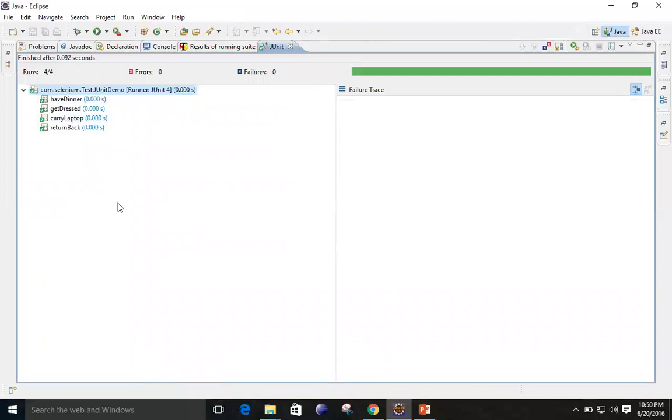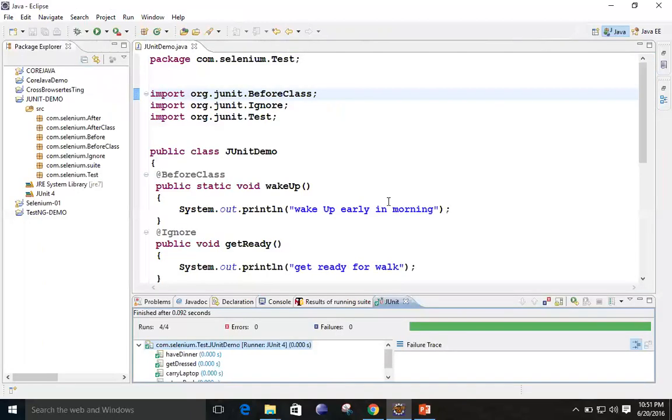There is no extra form. But in the case of TestNG, we have 3 or 4 forms of output. By look and feel also, it is clearer than this JUnit. Okay, so first you try to execute all these.